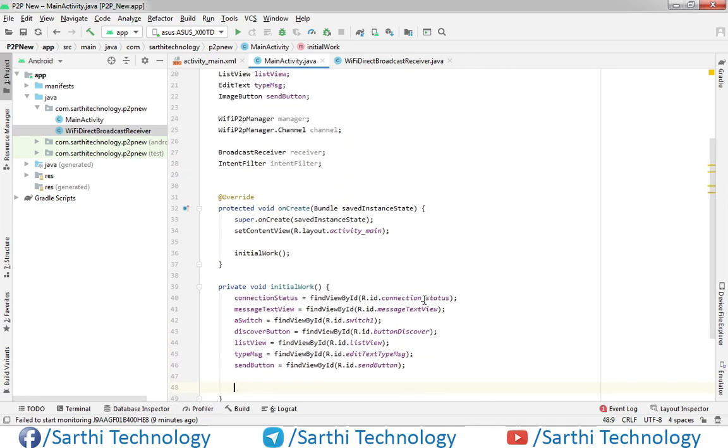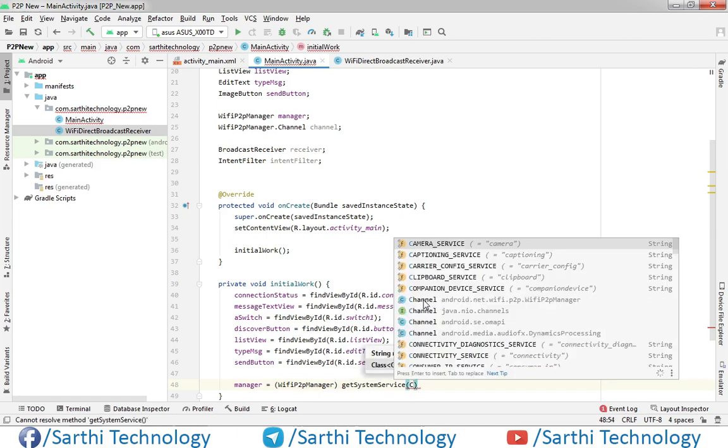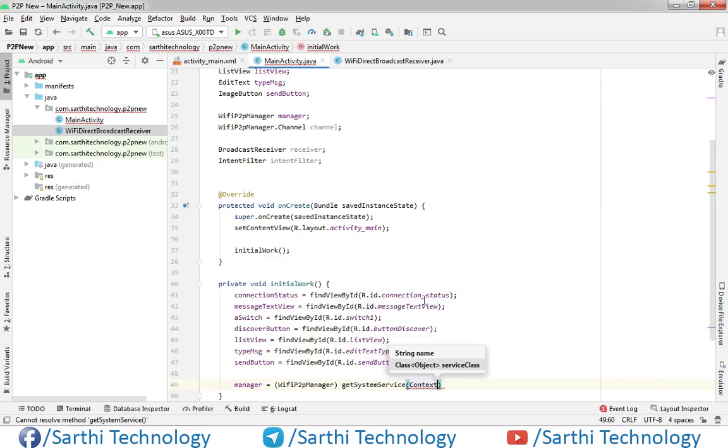So in this initial work, what we need to do is just initialize manager equal to Wi-Fi P2P manager get system service, context dot Wi-Fi P2P service.